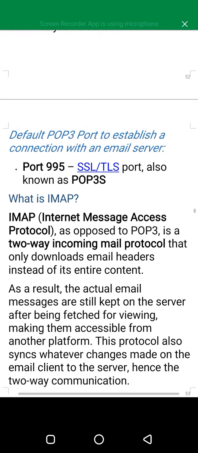So what is IMAP? We've talked about POP3. IMAP stands for Internet Message Access Protocol.